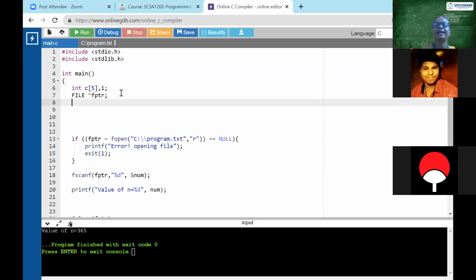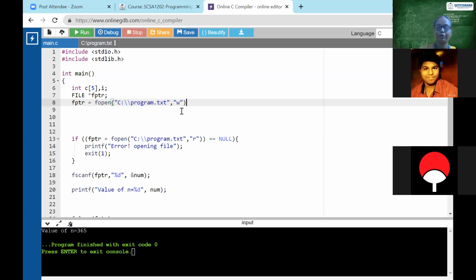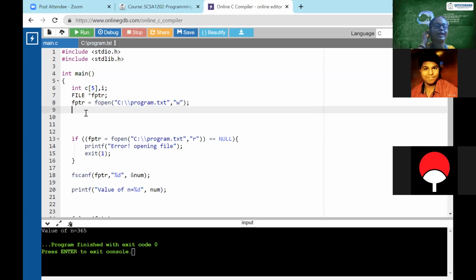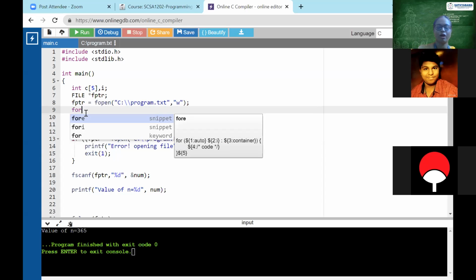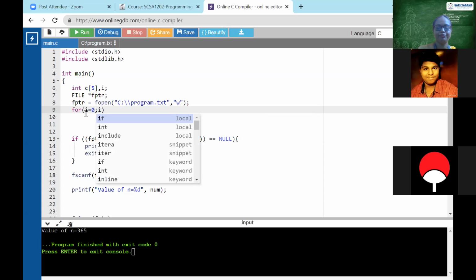So first I have to create the file and then initialize it. Which mode am I going to use, ma'am? Write mode. I'm going to write an array of numbers, 5 numbers. That's why I have put int C of 5. Now I want to get the input through the keyboard, because I'm going to write the content. So for i equal to 0, i less than 5,